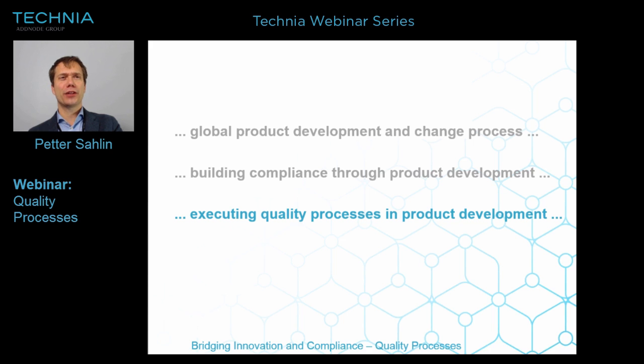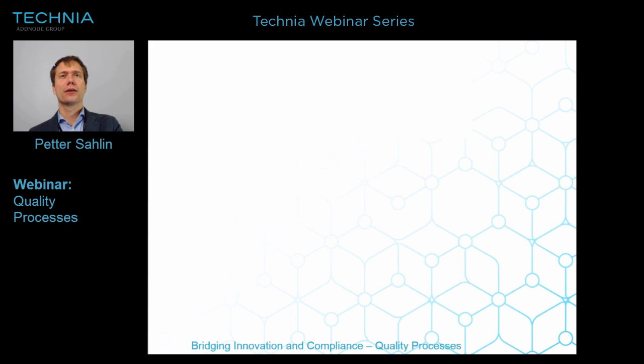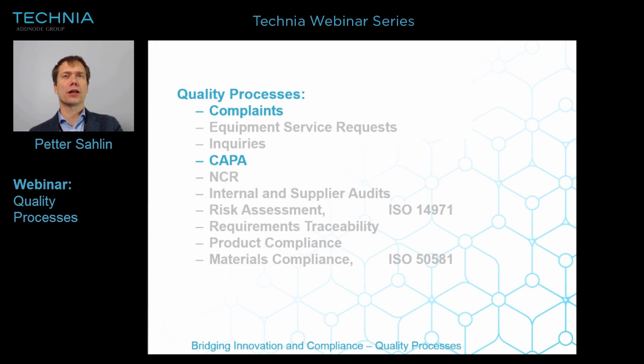But what we're adding here today is that we're executing the quality processes as part of product development. So we're really building a more detailed quality process into the product development platform. And that's done for the complaints and the CAPAs as shown here. But we also have processes for equipment service requests, inquiries, and all potential non-conformance requests to understand, is this standard